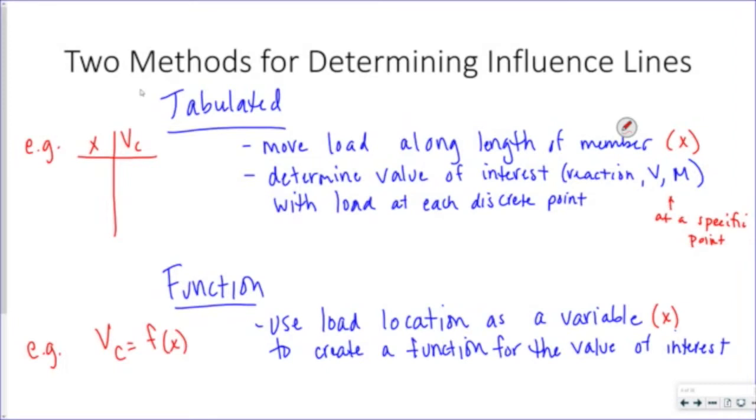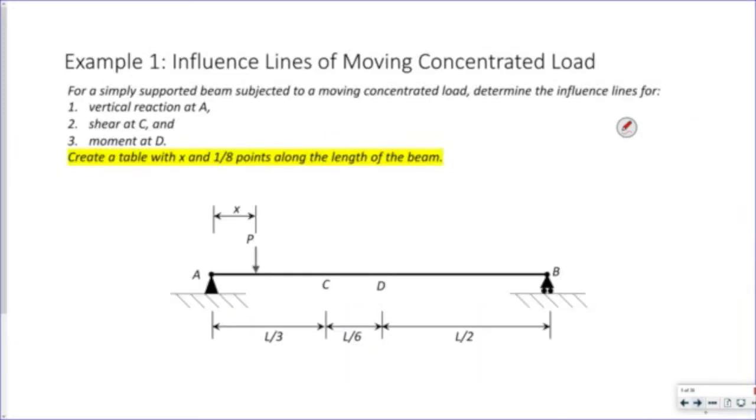So let's do an example. If we were in class, I would ask you to break up into groups, and one of you would figure out the tabulated formulas for the vertical reaction at A, the shear at C, or the moment at D, but we're not doing that. So I'd like you to spend a couple minutes and find, here we have a simply supported